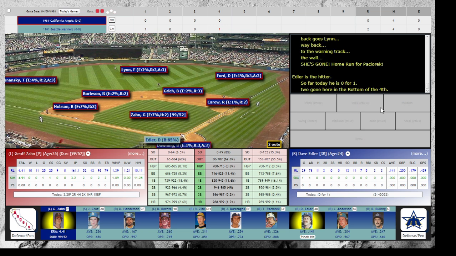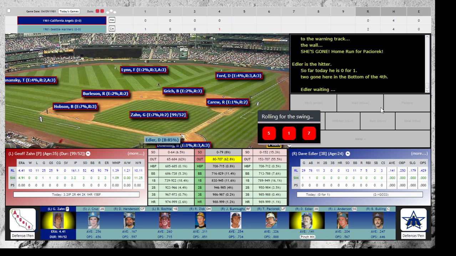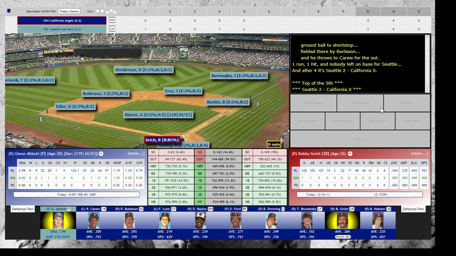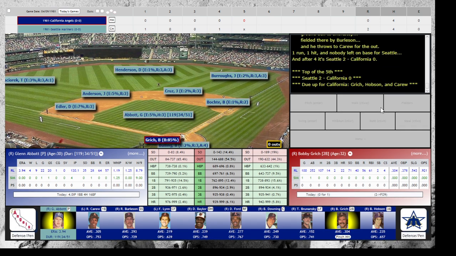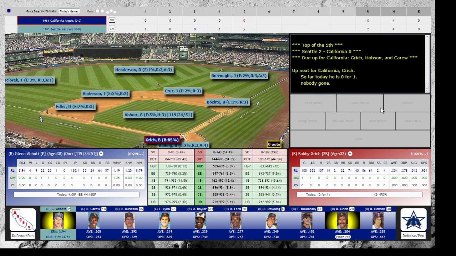Mariners on top. Dave Edler, the batter. Grounder to short, fielded by Burleson, and he throws to Crew for the out. But the Mariners pick up another run on the Pashorek solo blast, and they lead 2-0 as we head to the top of the